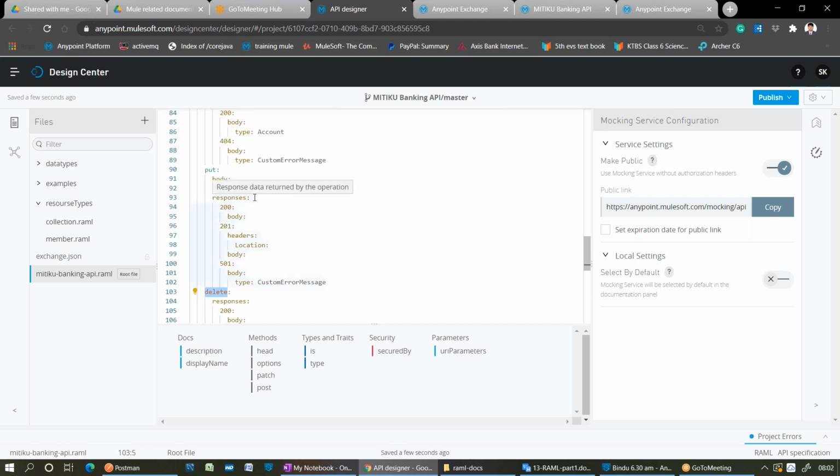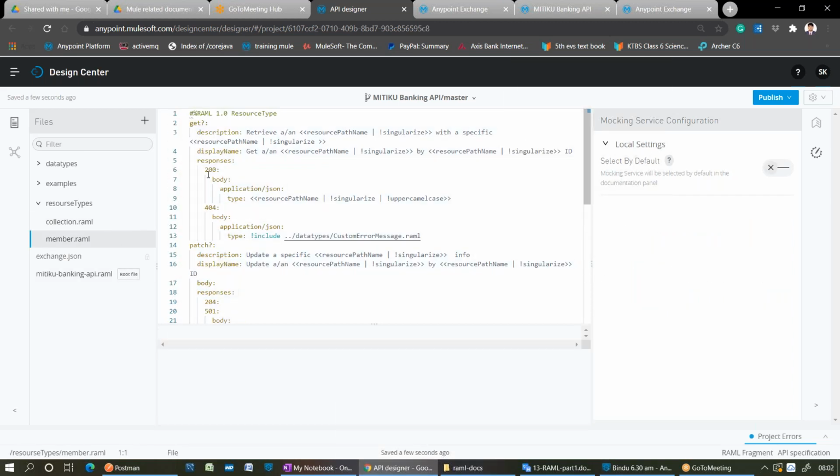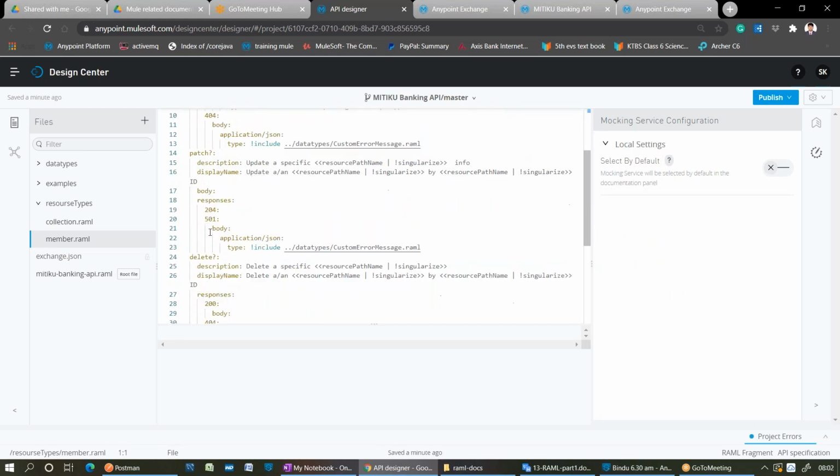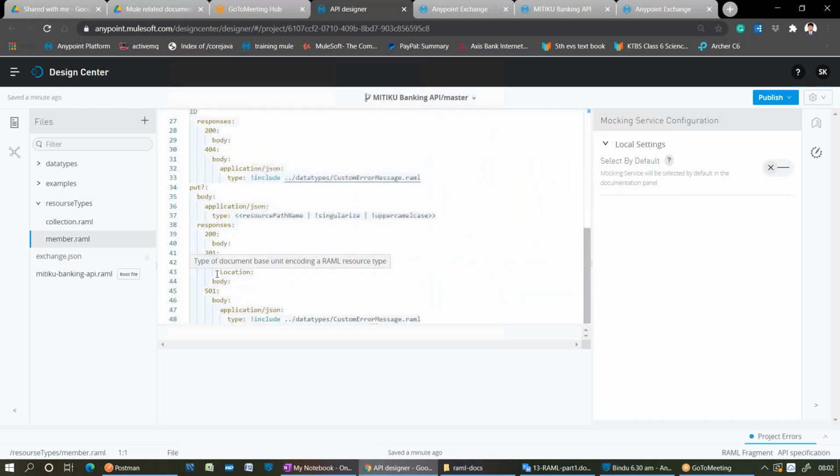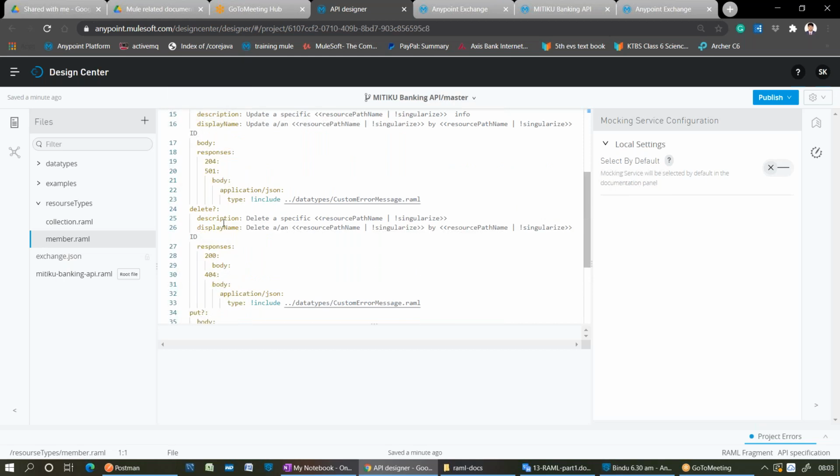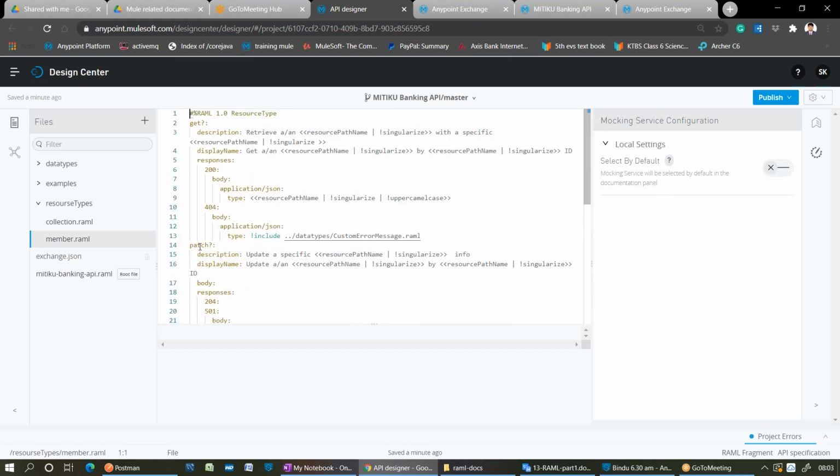All these 4 methods I will be writing in a member.yaml. Get method, right? Next patch method, put method, and delete method. 4 methods. Delete, put, patch, and get method, right? Now, since I have given the option, that means the question mark here, as an optional, if I refer this template